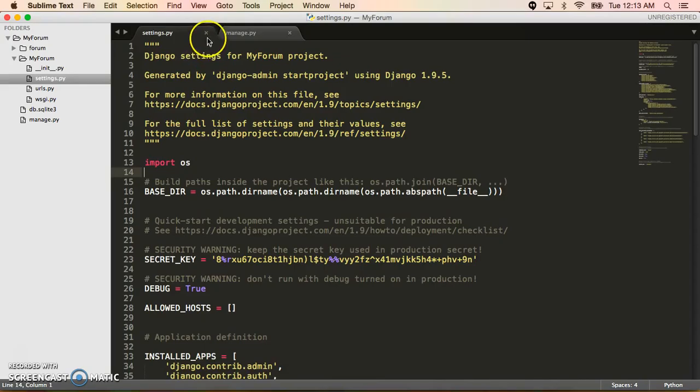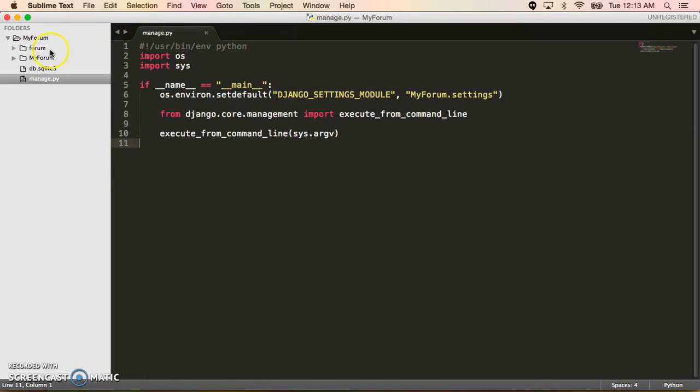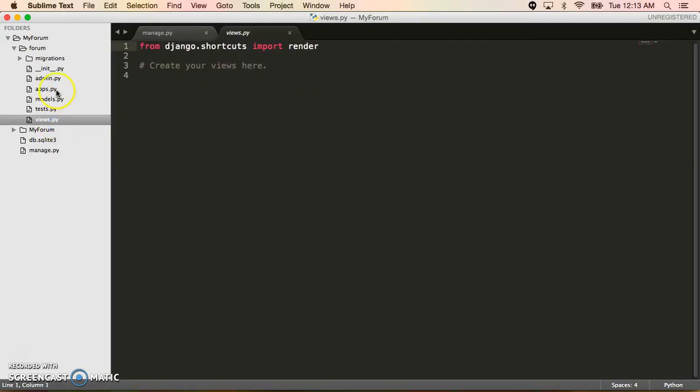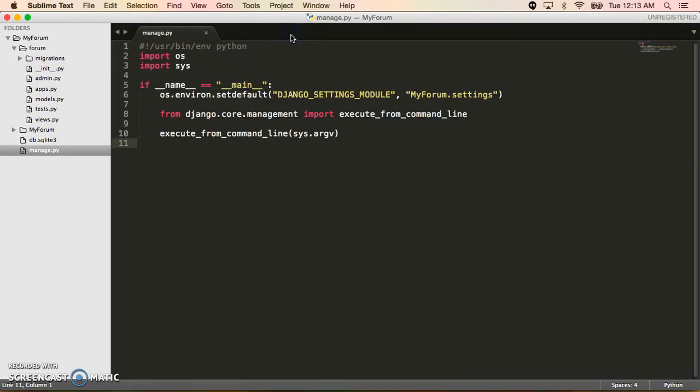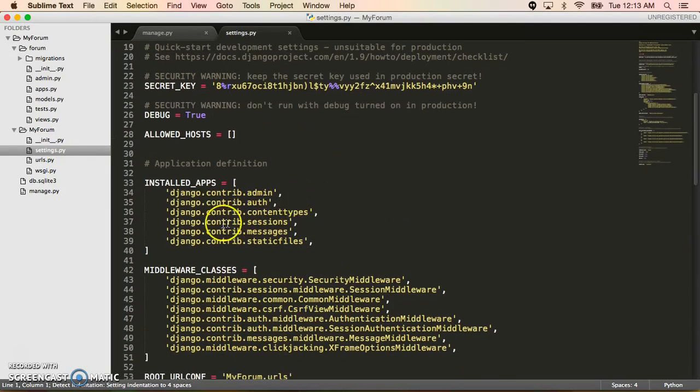If I go back to my Sublime Text, notice how we got a new folder called forum, and inside of there it has models, it has views, it has admin, it has all of these great things. We'll talk about what these all mean throughout the coming videos. But in order to finish the initialization of the app, we have to go to the settings.py and tell Django that we have another application. Django actually gives us a lot of different applications,